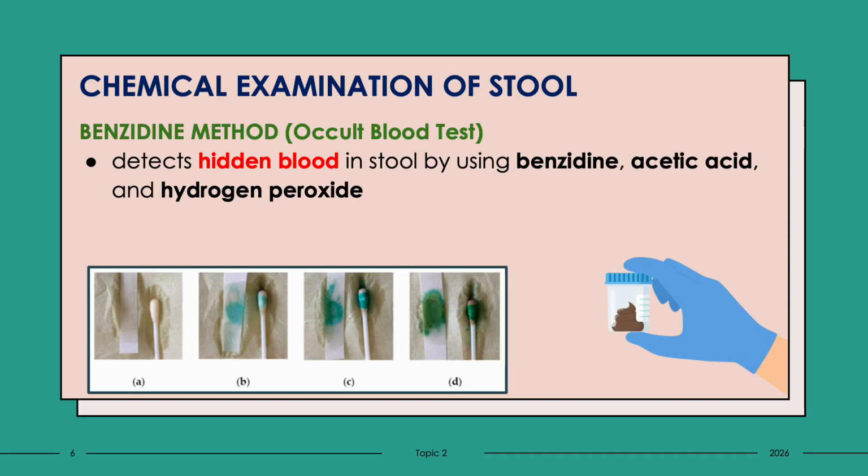Remember that one molecule present on our red blood cell is hemoglobin. Hemoglobin has a peroxidase-like activity that oxidizes the colorless benzidine into a blue or blue-green compound. So it indicates a positive test for gastrointestinal bleeding. Though it's now largely replaced due to safety concerns and better alternatives like the guaiac or immunochemical test. A positive reaction appears blue or green in color, while no color or colorless means negative. But remember that there are dietary restrictions regarding this method that we will be discussing later on.